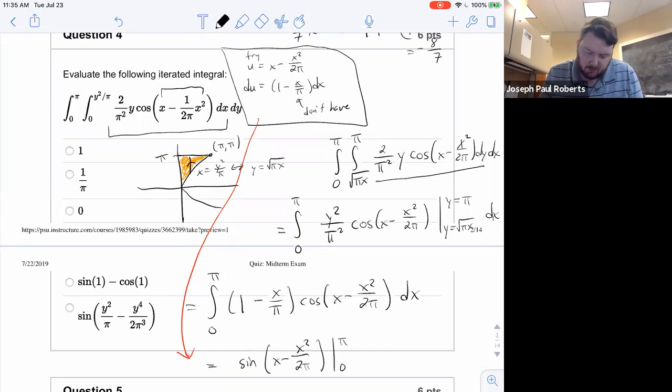And so then I go to plug everything in. So pi minus pi squared over 2 pi is pi minus pi over 2. And then when x is 0, you get 0. So looks like we get 1. So